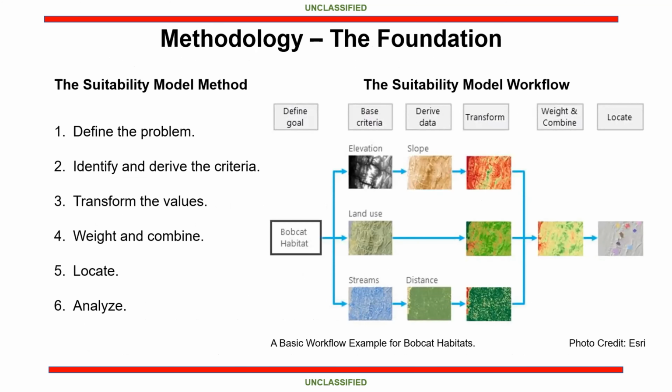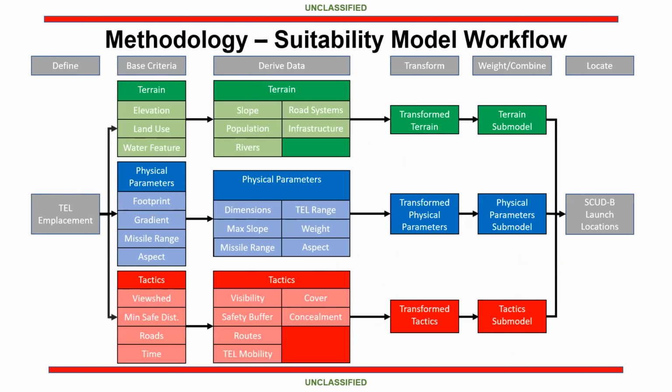So the methodology that I worked with, the foundation of this was the suitability model workflow and method. Some of you might be familiar with this. What I did was transform this into something more fitting for my project, which is here, the workflow for this. So defining the TEL emplacement, creating base criteria, I broke it down to three groups: terrain, physical parameters for the MAZ 543 TEL that the Scud B was launched off of, and the tactics. Derived some variables from that, transformed, weighted, and combined, and then